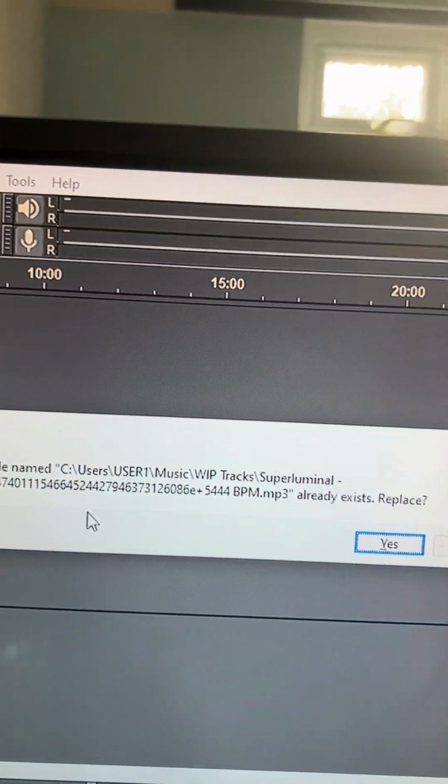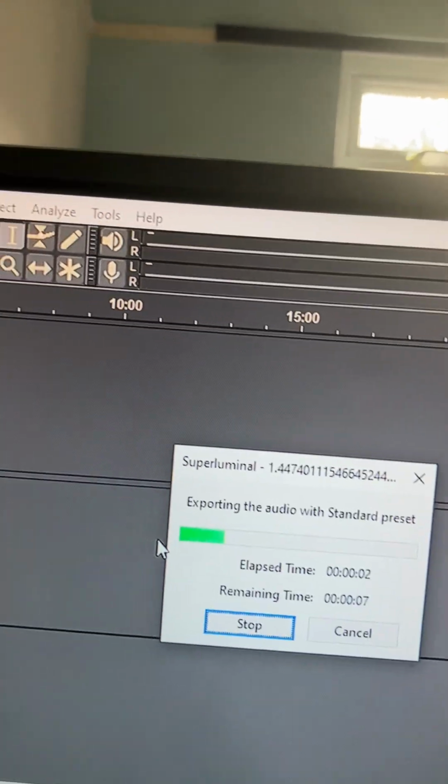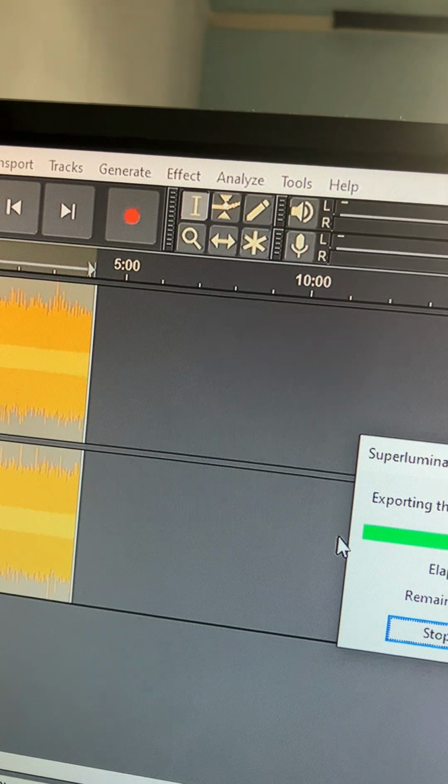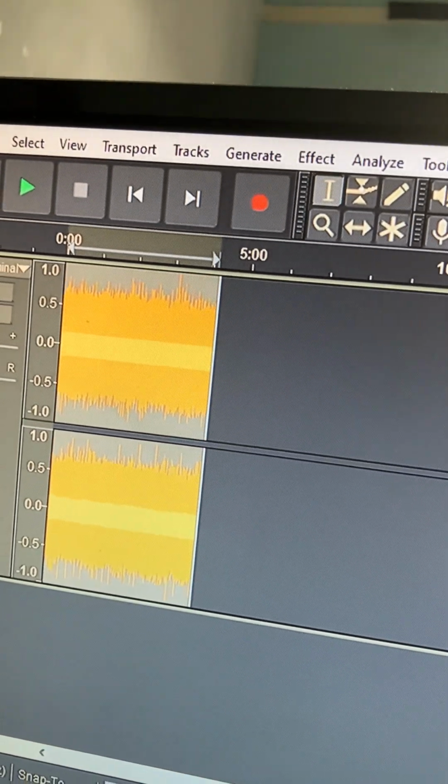Yeah, and you also have to replace a pre-existing file, because again, you're re-importing it to revive it, to resuscitate the audibility of the actual frequency. So yeah,